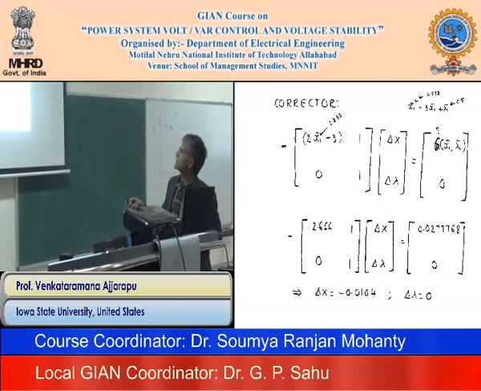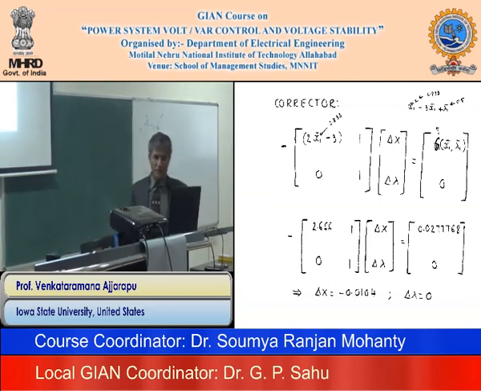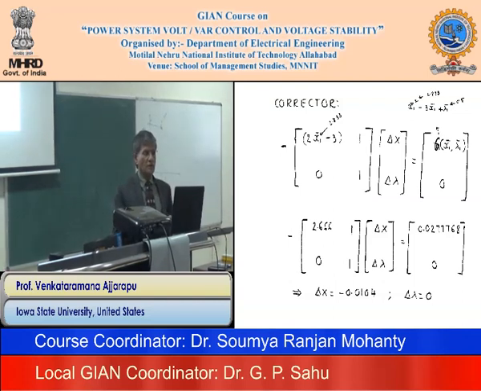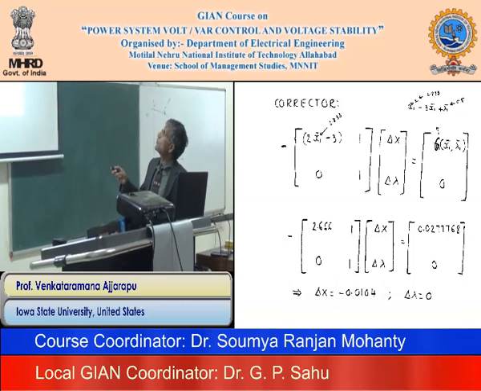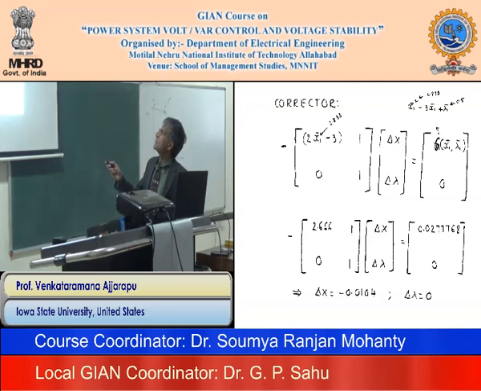Lambda doesn't change, so that's why delta lambda equals 0. And then x1 nu, you have x1 volt, and if you add delta x, that is this one, and lambda nu is the same as before, 0.05. So now, again you apply the corrector because the error is a little bit higher, 0.02. So if you want 0.001 or something like that, you can put how much error you tolerate,